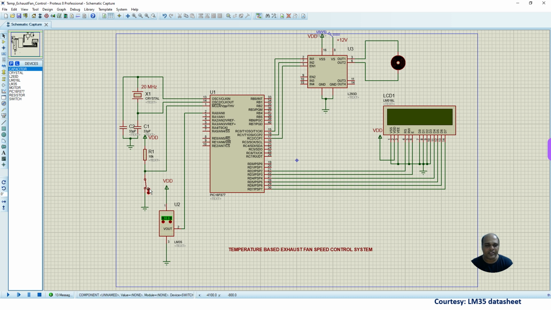Whenever I close the switch or press the switch, the logic low will go to your memory clear pin, thereby the reset operation will take place. Then we have connected an LM35 temperature sensor to the RA0 or AN0 pin. AN0 pin is analog channel 0 of your ADC. By increasing or decreasing this arrow, the temperature of the LM35 can be varied, thereby the output voltage will